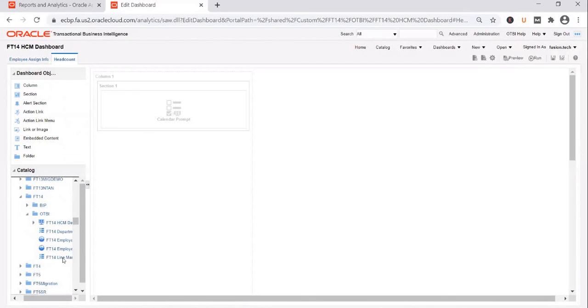So the dashboard, you have to add the dashboard prompt. So now the OTBI page is referring to the custom prompt that we have created.